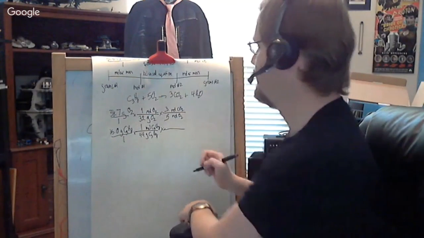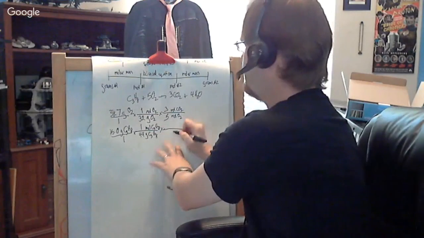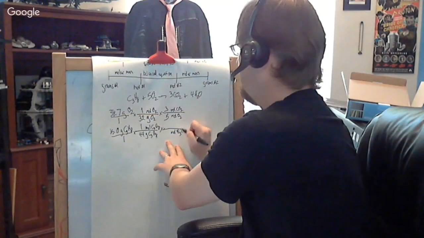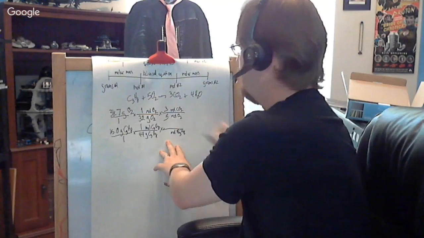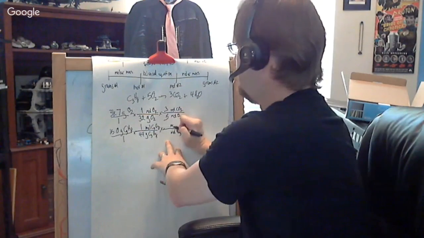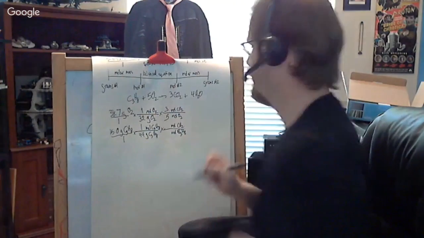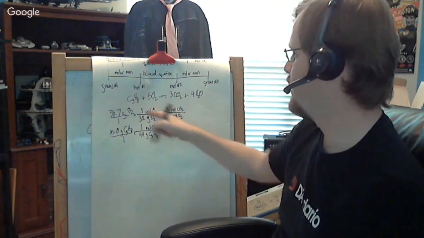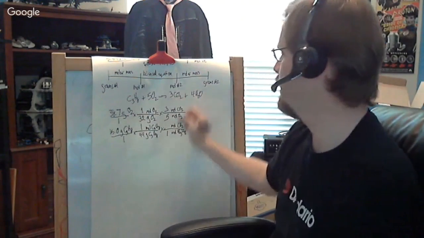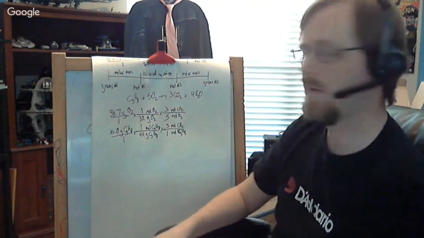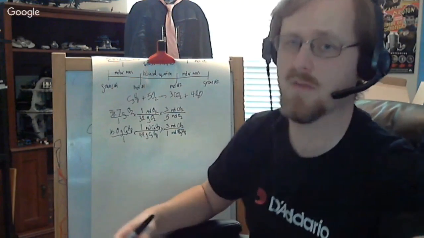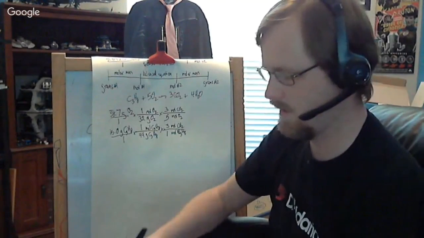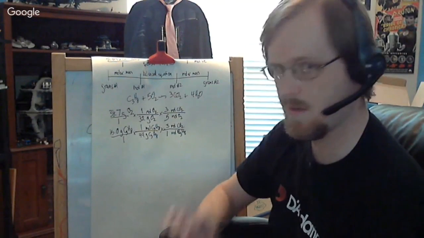And then I'm going to use my balanced equation here. So moles of C3H8 is on the bottom, with moles of carbon dioxide on top. Okay, so then I go to my balanced equation. I have 1 mole of C3H8 and I have 3 moles of carbon dioxide. So it is now set up. Okay, so now I'm going to go ahead and calculate it out so that we can learn the whole idea of